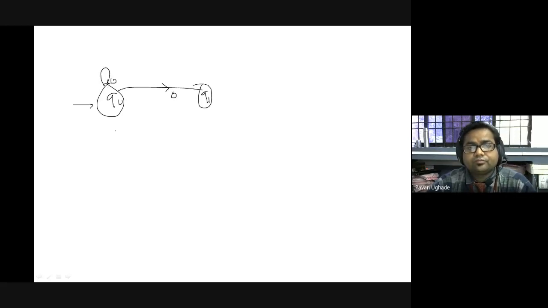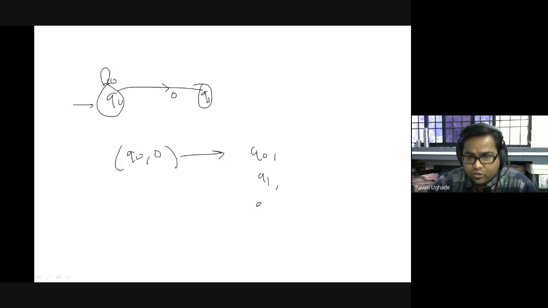So if I write Q0 over 0, what is the total possibility? Either it can go to Q0, it can go to Q1, or it can go to both Q0, Q1,